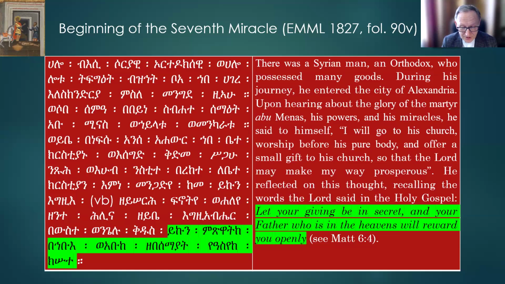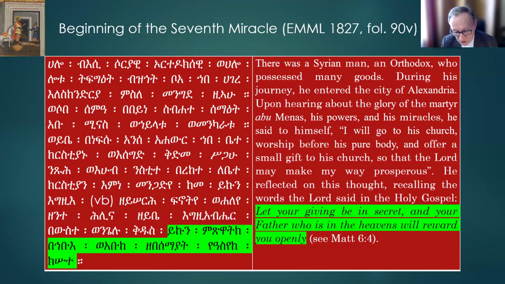The murderer repented before his victim, and together the two glorified God and proceeded to the sanctuary at Mariut, bearing generous offerings. Thus the narrative concludes. In the beginning of this miracle, we read, "There was a Syrian man, an Orthodox, who